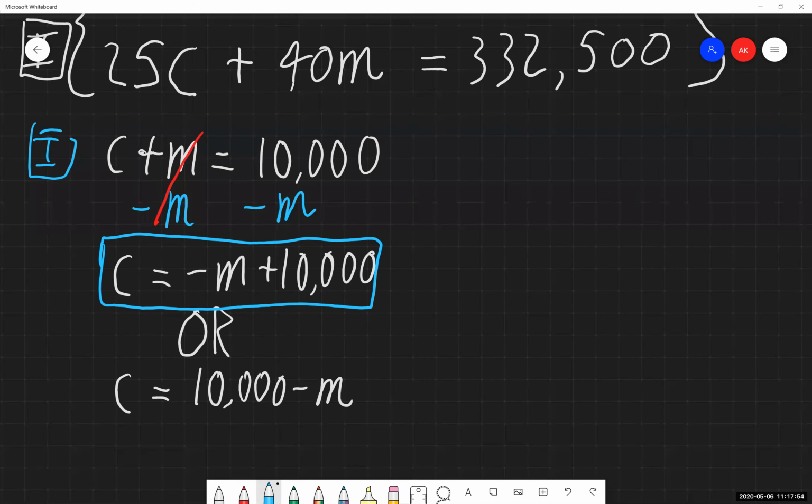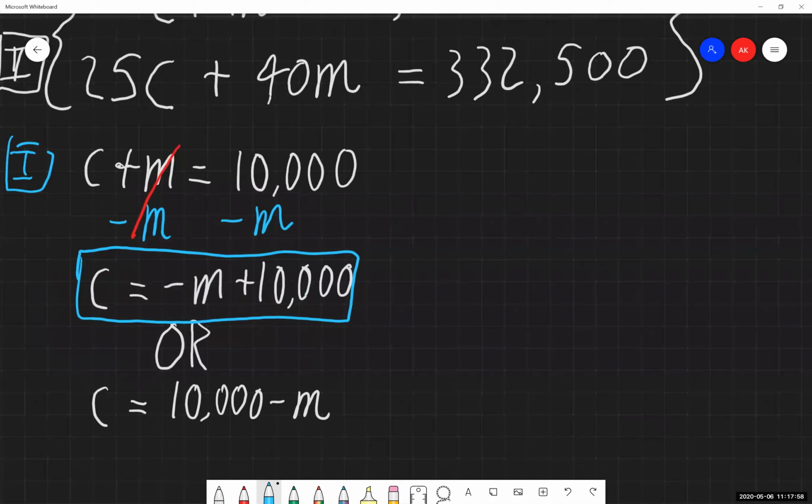So it's kind of similar if we think back to our examples from yesterday where we're told I have 10,000 more of one type of something we were working with, or I have 50 more of something over something else. And we had that relationship between the two variables that was given to us. So here, again, we have to do a little bit of extra prep work to get to that point, but now we are at that point.